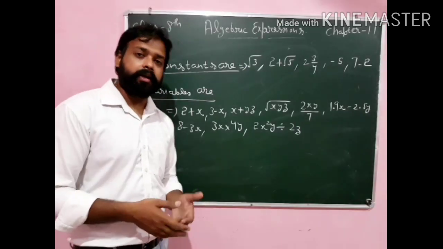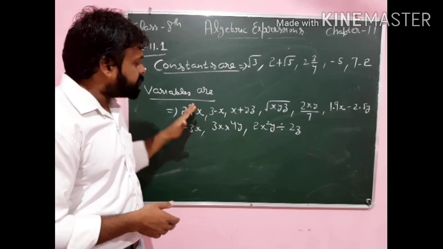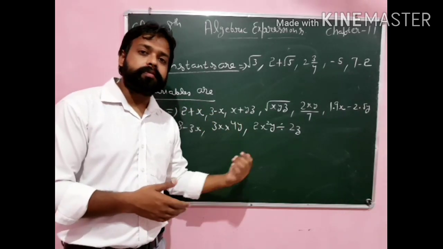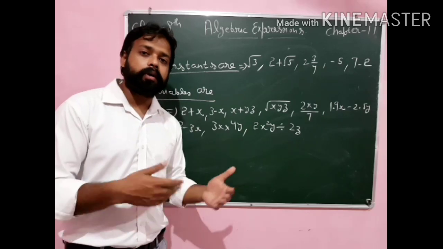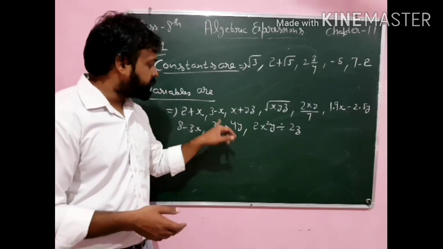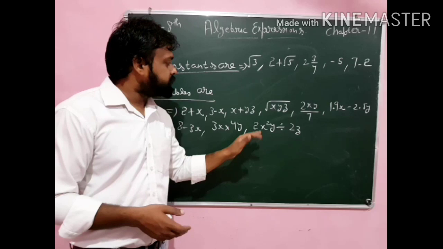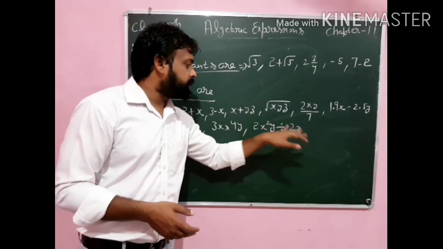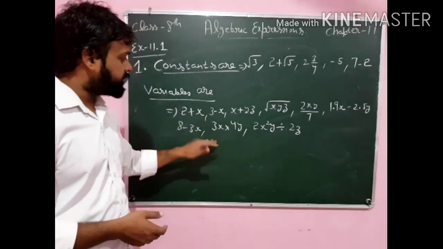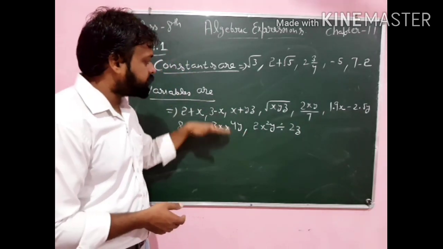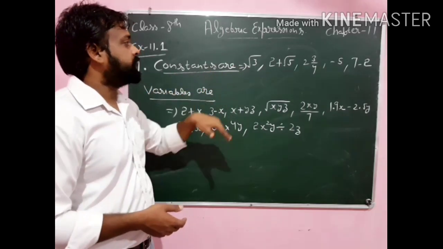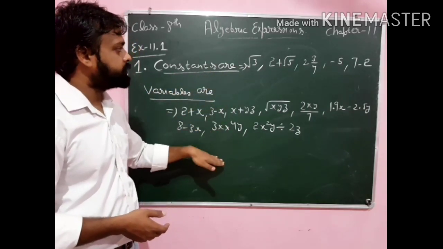In the same way, I had also written the variables from the list. How did I write them? Of course, those values where the variables are used are all variables. So here x, y, z. In this example, x, y, z. Here x square y divided by 2z. Like this, the variables are used. So these are the values of variables, and these are the constant values. So I hope this sum is clear to all of you.